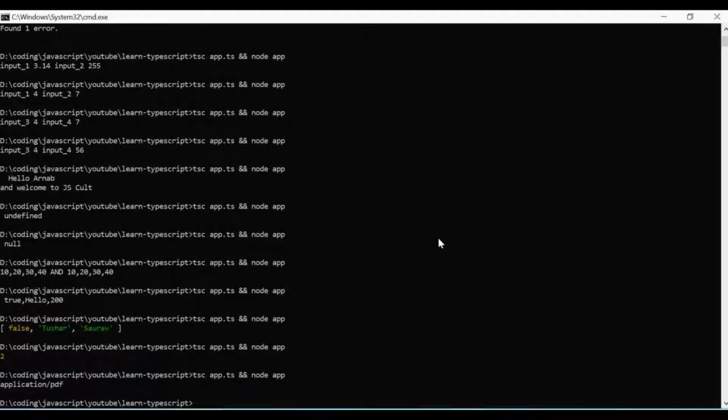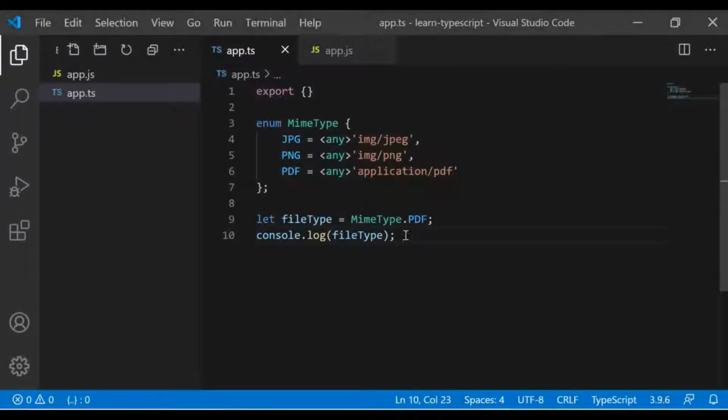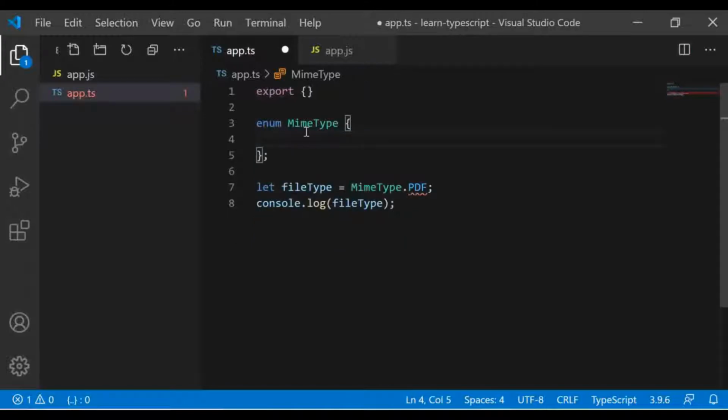Let's see. So as you can see, it printed the value whatever we assigned here. So this kind of fancy values it is now able to store in the enums. Also it is able to store strings, and other different kinds of values.